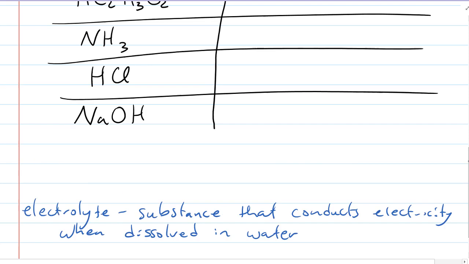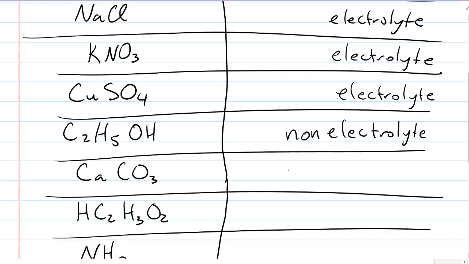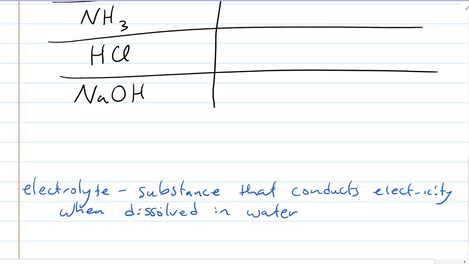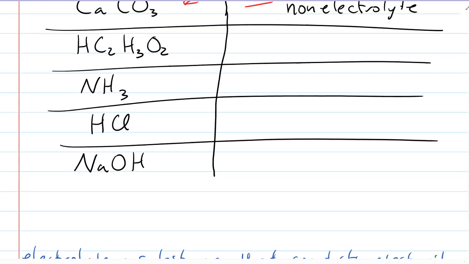Okay, so calcium carbonate, this one here we say is a non-electrolyte, but put down your qualifier on this one. It's a non-electrolyte because it is insoluble. And again, in order for it to conduct electricity, it must be dissolved in water. Okay, then that takes us to